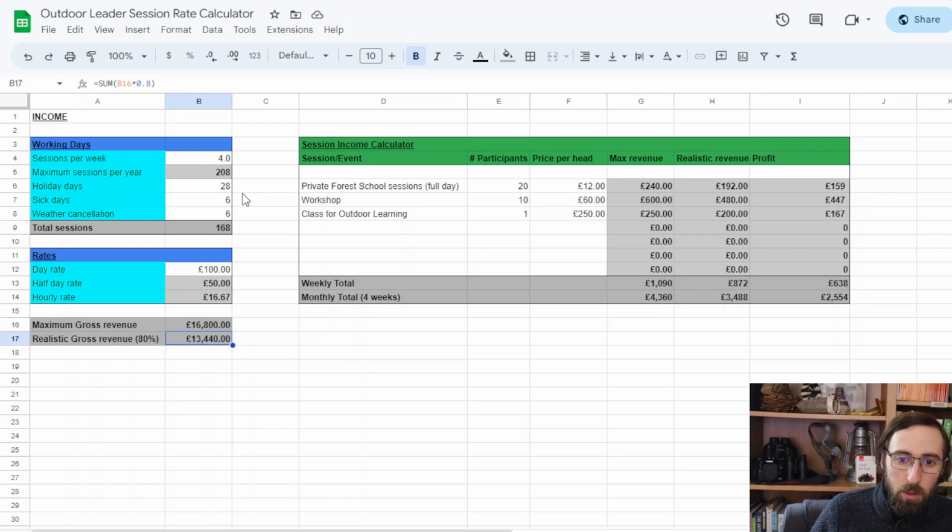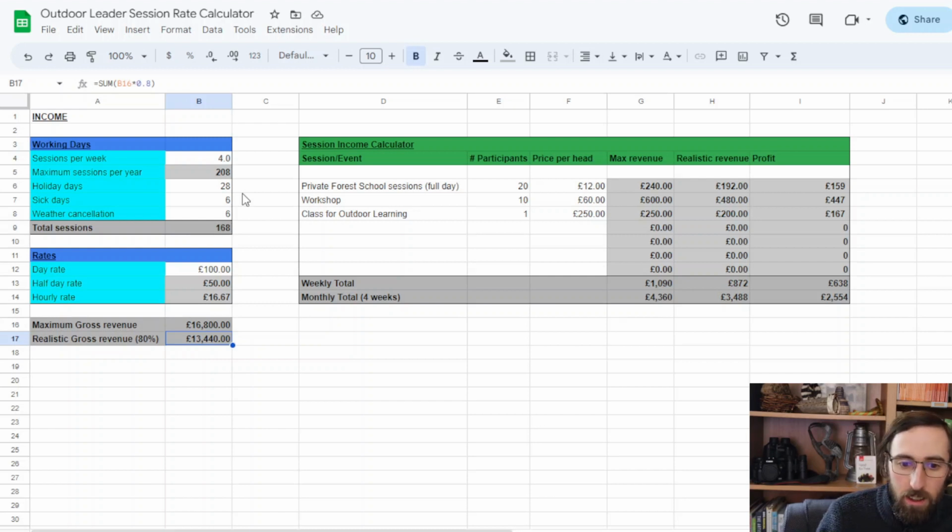If you're working privately, this 80% roughly covers the times where you don't get people rebooking for your events, or you have a very small session one week and a bigger session the next. When you're dealing with lots of different customers that aren't a recurring flat fee for a year, it will fluctuate up and down, and it will likely fluctuate down.